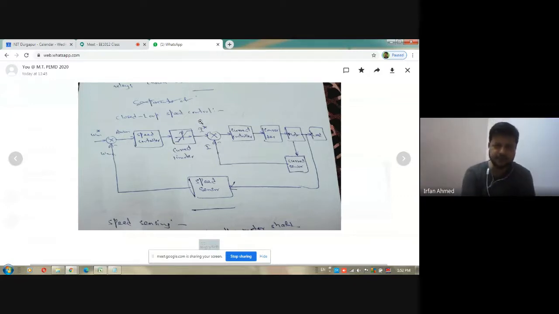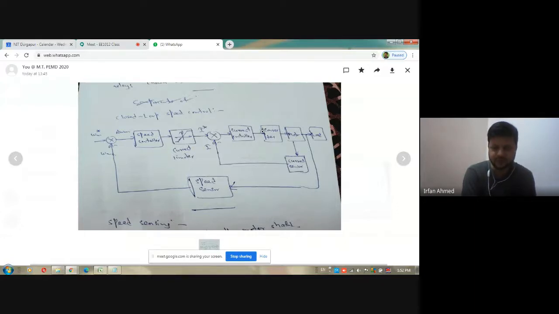So here you are getting the reference current from your reference speed compared with the actual speed. The speed error is processed and limited to give the reference current. Now, once again, this reference current is compared with the actual current. The actual current is taken from the motor. The actual speed was taken from the motor shaft. Here, what you're getting will be called the current error. Again, you will use a PI controller to process this current error. And this current controller will now convert this current error into firing angles for this converter.